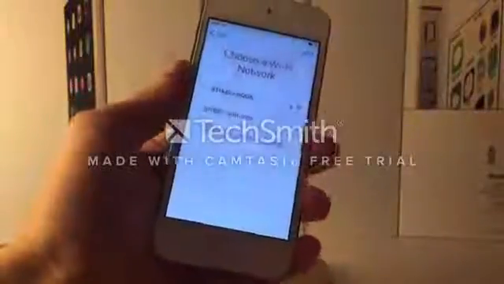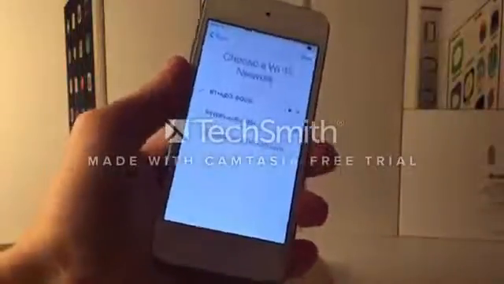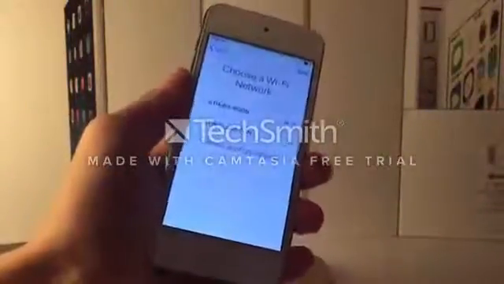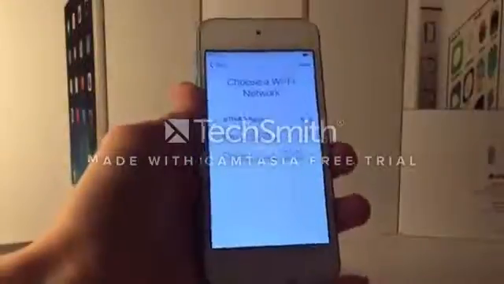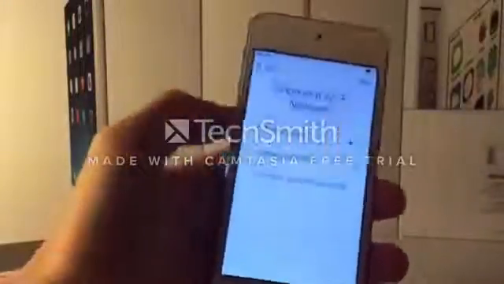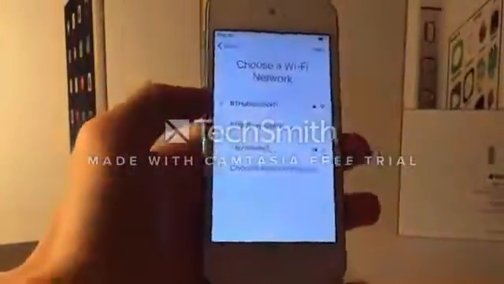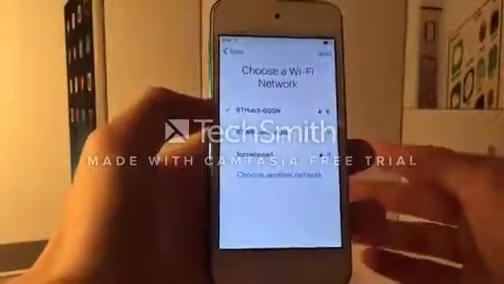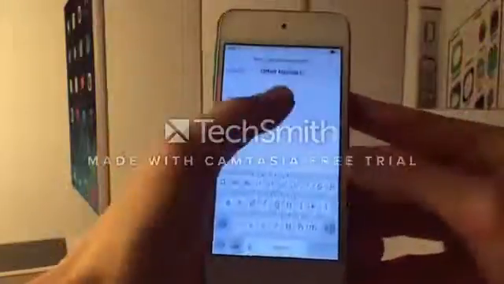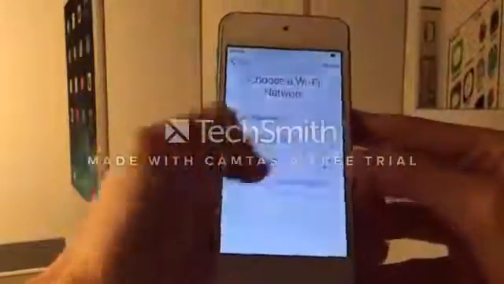Alright, so the second glitch of the two is the more effective one. This is the one that actually allowed me to go onto the home screen for about 2 minutes before I got jumped back into setup.app. To do this one, you want to go to the Wi-Fi settings page, and you want to find a place that you can enter characters on the keyboard. This could be on choose another network, there's a text field right here, or it could be in the